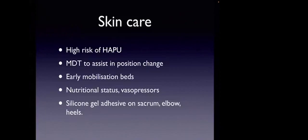It is also important to take care of the nutritional status of these patients, because since they are on extracorporeal life support, and sometimes even two extracorporeal life supports, like an ECMO along with a dialysis machine or a CRRT machine, their nutritional requirements are pretty high. And sometimes because of abdominal distension, we may be neglecting the nutritional requirement of these patients. And that may again lead to